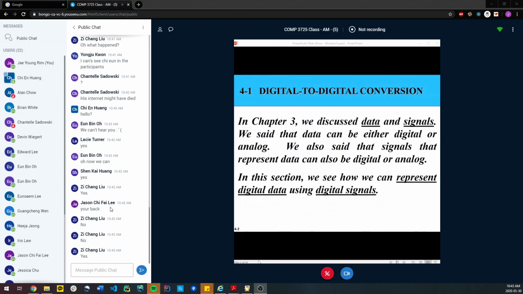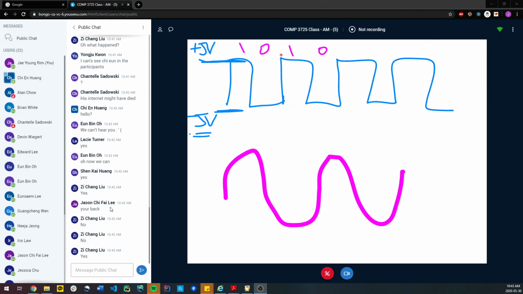Okay, let's just continue from here again. If somebody can continue with the feedback, then I can at least hear that you guys are still there. So the idea is this: what I want to be able to do is use some voltage levels to represent the logical states, because I cannot transmit the logical states of digital data, and hence we create the notion of digital signals. This process of converting digital data to digital signals is a process